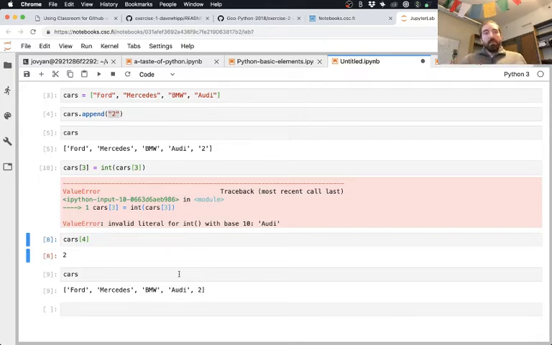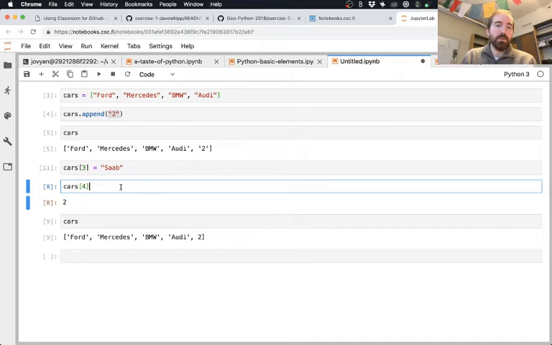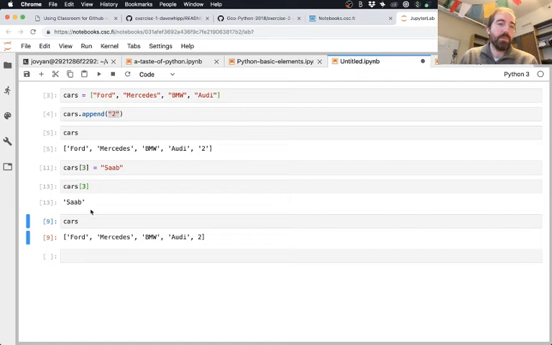It's not a problem. Lists are very flexible. If you said there are too many German cars in this list, let's get rid of Audi, you could put something else in position, index 3 in the list. You could put in Saab or whatever. I don't know whether a Swedish choice is any more appealing. But the point here is that you can modify the things in the list in any way that you like. It's a very flexible structure.